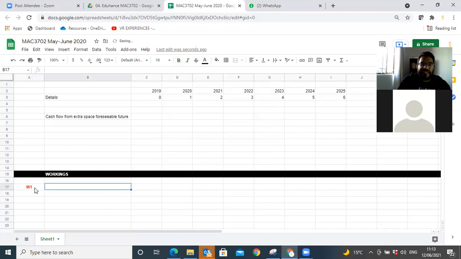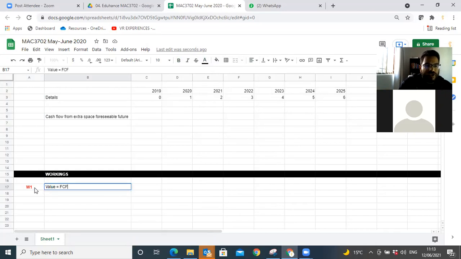So this is the extra space for the foreseeable future. How are we going to calculate it? You're going to use a Gordon growth model or a perpetuity formula. Effectively, you're using a free cash flow valuation. Okay, so what you're going to just say, the value